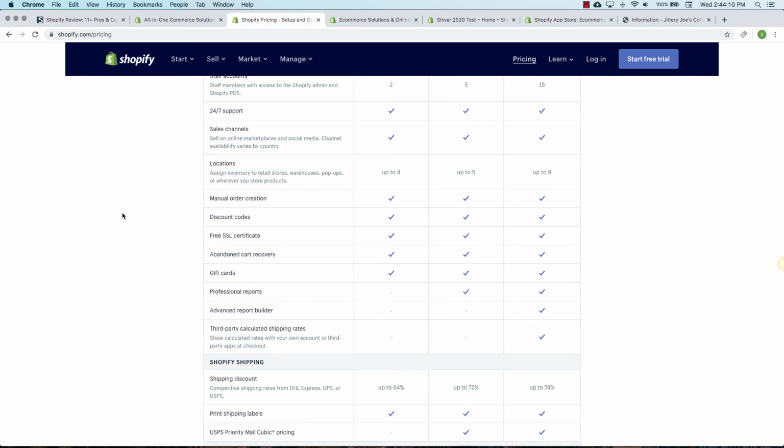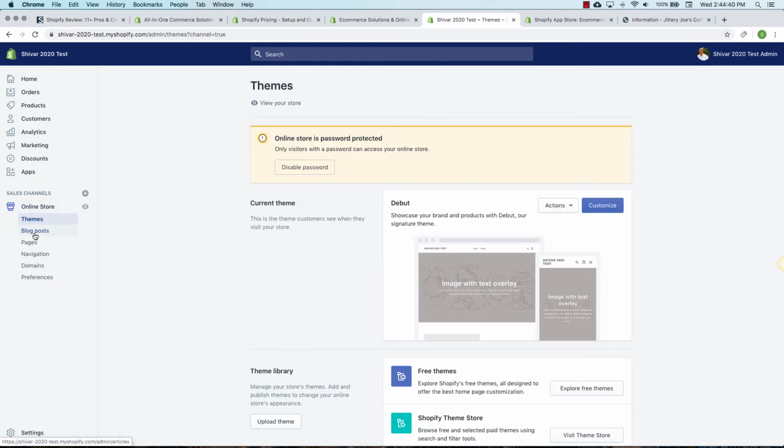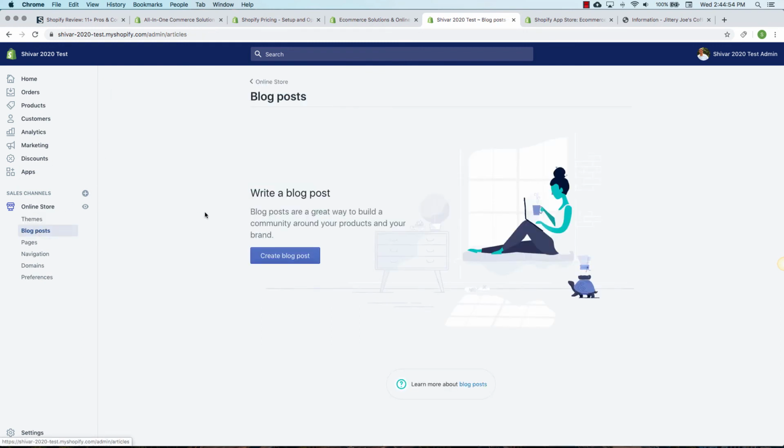If you are using a third-party software to run, say, your blog, that's totally fine, but it's also going to be kind of hard to integrate that with Shopify. They really push you to use, if not their native tools, then tools from their app store that integrate well. And again, their tools are great, but if you are, say, a magazine that's using WordPress for your content marketing, and you want to have an additional store, it might make more sense to use a WordPress plugin like WooCommerce to expand your store than to try to sync everything up with a Shopify account. While they have enough content marketing tools to handle basic content marketing,